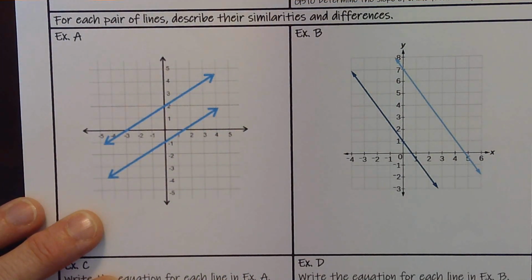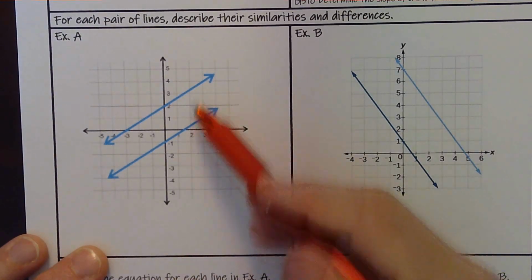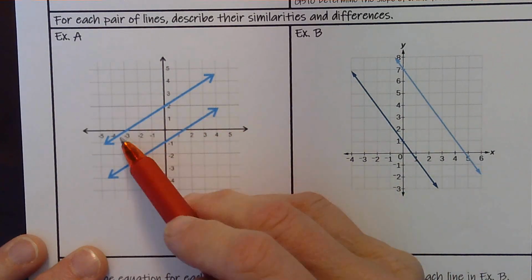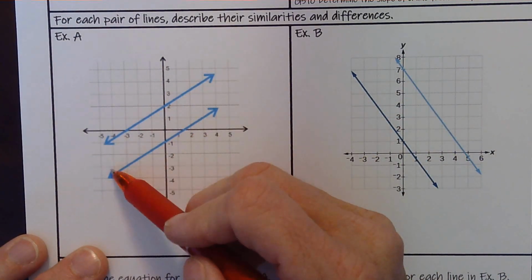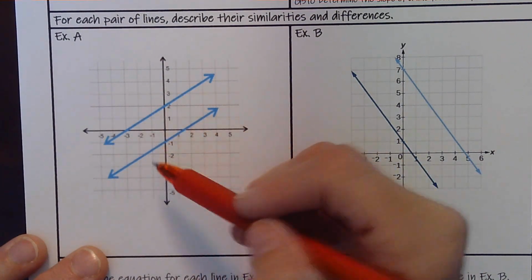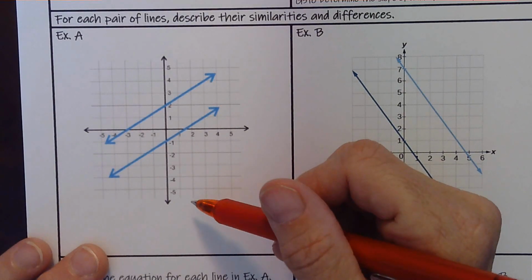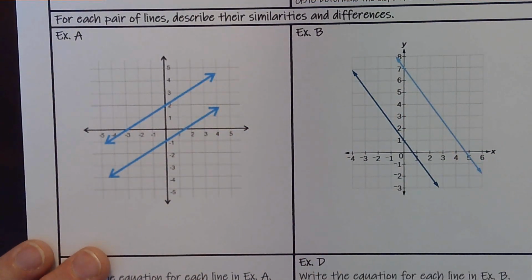And so I have two lines here, and one of the things that I think is happening is that these lines look like they will never intersect. I know they're lines, they have arrows at the ends. I think that these lines are parallel, but I really need to make sure that they are parallel. So the first thing, let's talk about